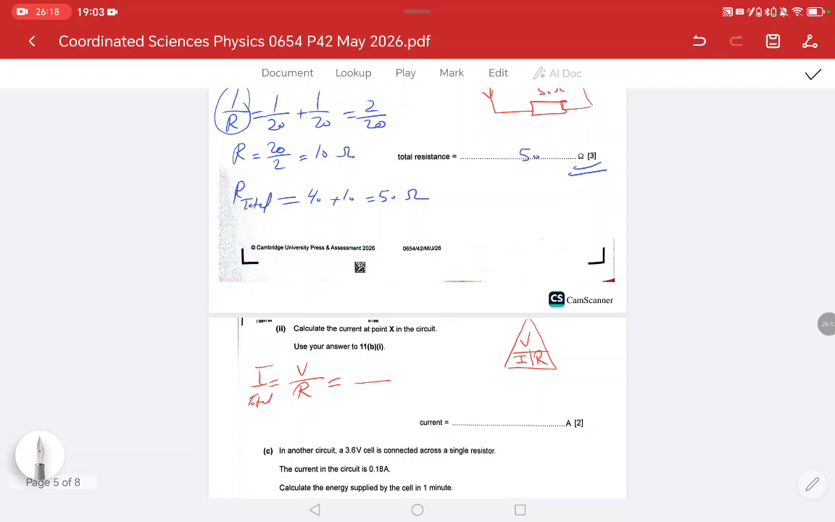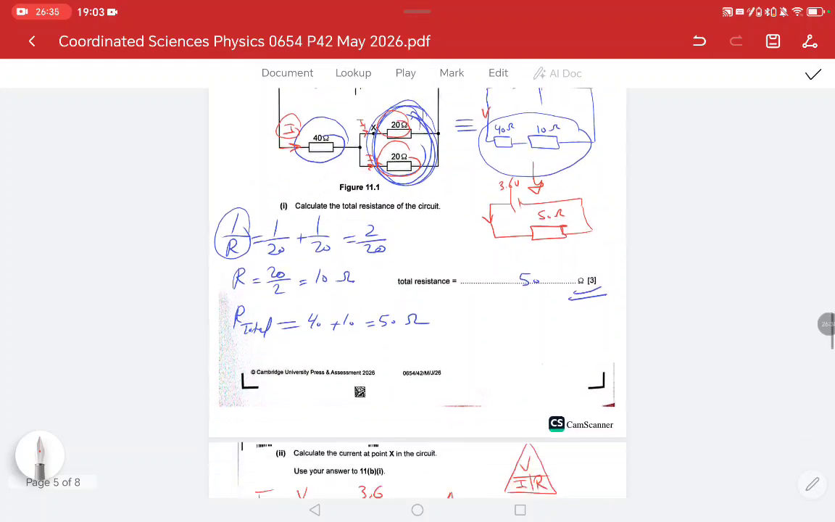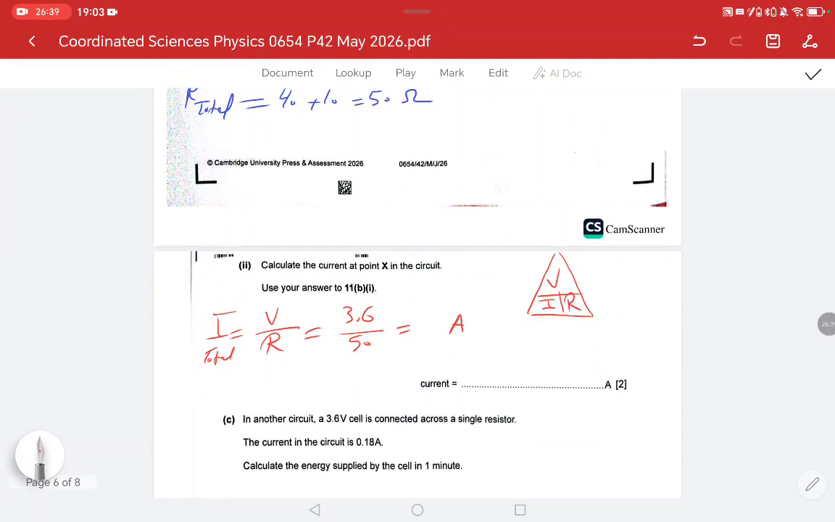So V is 3.6, right? Divided by R, which is 50. So this will give us the main current. Don't wait, don't be in a hurry. So this one is 3.6. Yes, I'm just double checking numbers. Sometimes we take wrong numbers. Okay, 3.6 divided by 50, so it will be